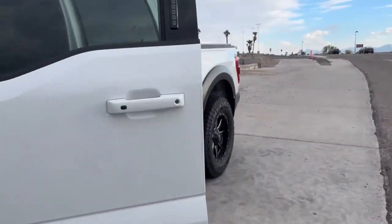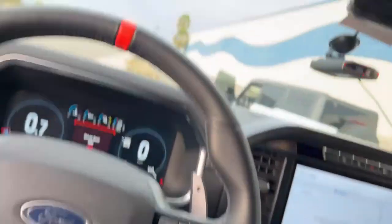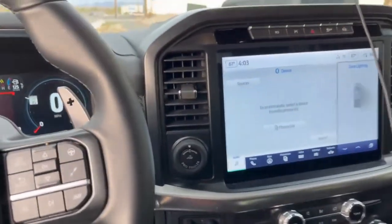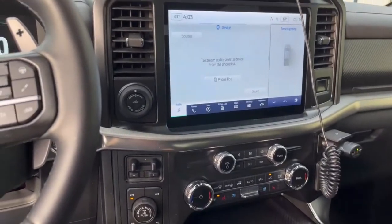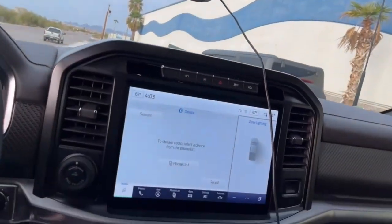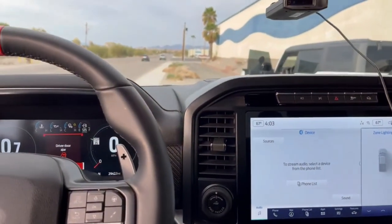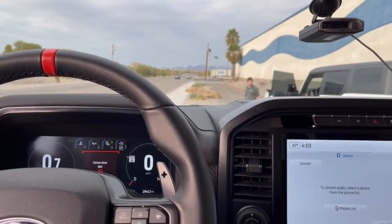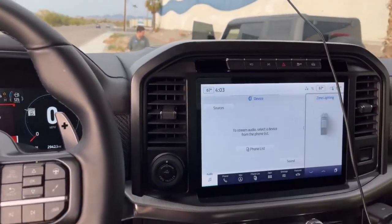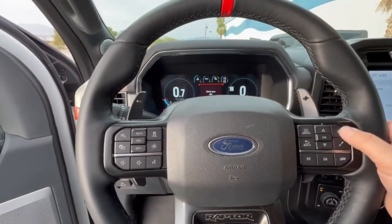All right, so we got the 2023 F-150 Raptor truck. This thing is a beast. So it's got actually a little bit more horse. Difference in this one is it's the truck, so I'm a big fan of trucks. But also, this one, it's not the RR, so it's not going to be the massive horsepower 700. It's going to be like the 450. But this thing's a beast. So we'll set her up. We'll get her in